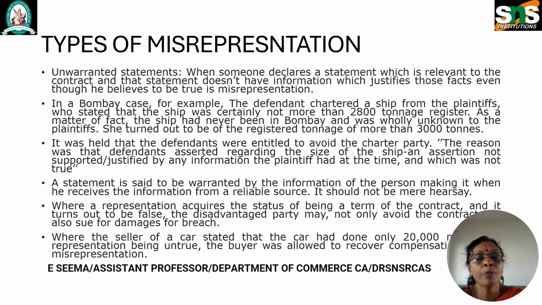There are three types of misrepresentations. The first one is innocent misrepresentation. That is a false statement of material fact by the defendant who was unaware at the time of contract signing that the statement was untrue. The remedy in this situation is usually rescission or cancellation of the contract.